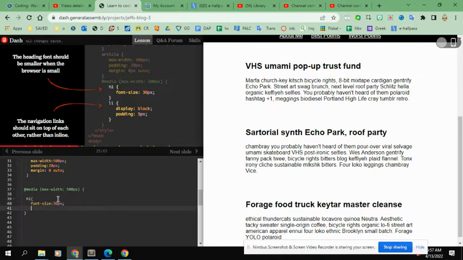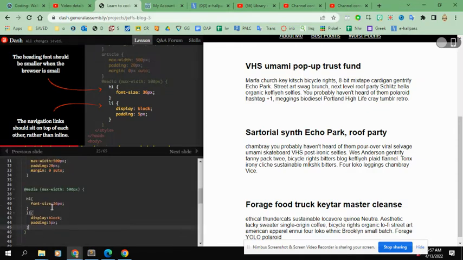We're going to set that up and then we'll close that. And then we're going to do one for the list items that when we're on a cell phone, they're going to go back to that display block so that they line up instead of being horizontal, because that will look better on a cell phone. And padding 5 pixels, so that there's a little cushion, and then I have to remember to close it